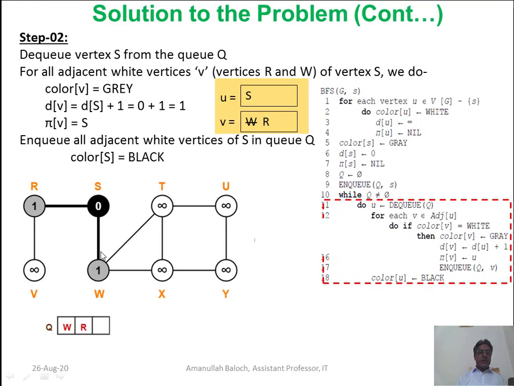Next, here we will run the while loop of our algorithm.